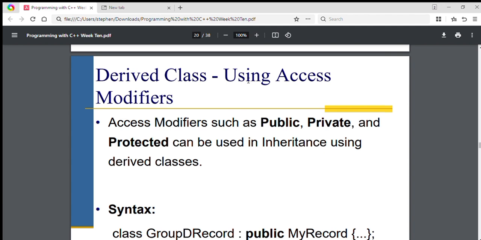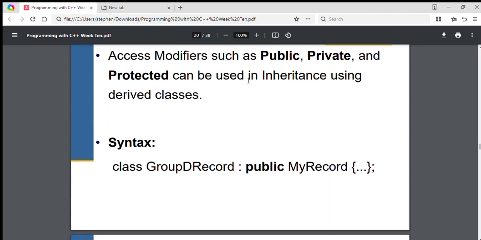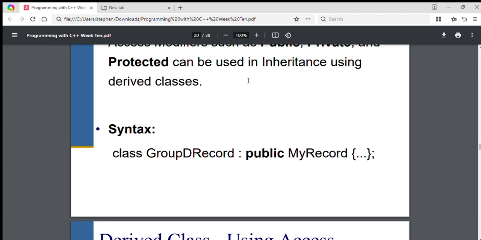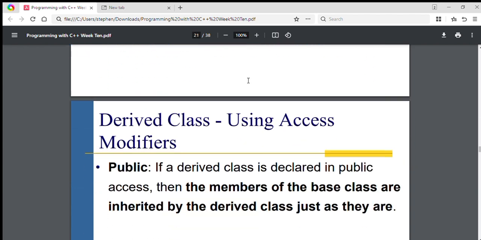So now let's move on to derived class using a modifier. When creating a derived class, you can control how the base class members are inherited using access modifiers. So here are some syntax you have to be aware of. That's class group record,